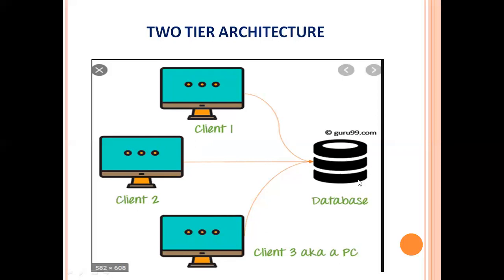One more disadvantage with this two-tier architecture is that more load is given to the database server. It has to process the request sent by the client, retrieve the data, change the data to a user understandable form, and then give that to the client. All these things should be done by the database, so the database server has a burden. Then what is the advantage? The advantage is that it is easy to maintain. This is about two-tier architecture.